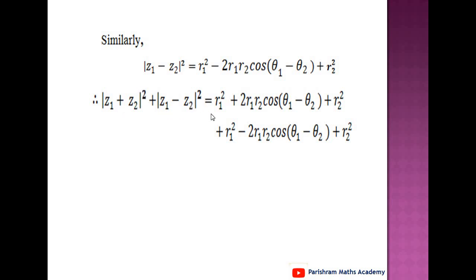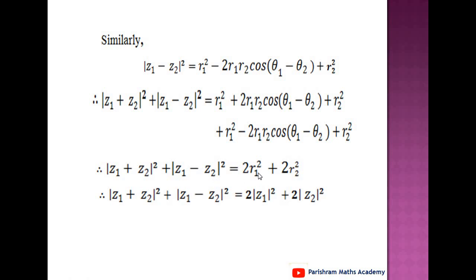z2 square equals: the value of mod of z1 plus z2 square is r1 square plus 2 times r1 r2 cos of theta 1 minus theta 2 plus r2 square, plus the value of mod of z1 minus z2 square, which is r1 square minus 2 times r1 r2 cos of theta 1 minus theta 2 plus r2 square. The plus and minus terms cancel. r1 square plus r1 square we get 2r1 square, and r2 square plus r2 square is nothing but 2r2 square. And therefore mod of z1 plus z2 square plus mod of z1 minus z2 square equals 2r1 square plus